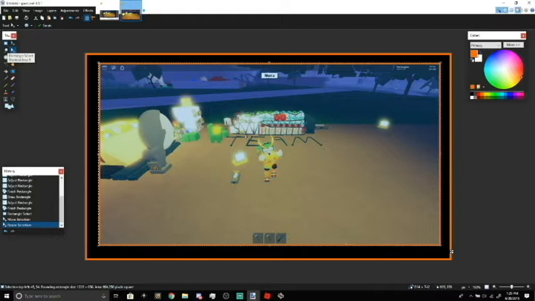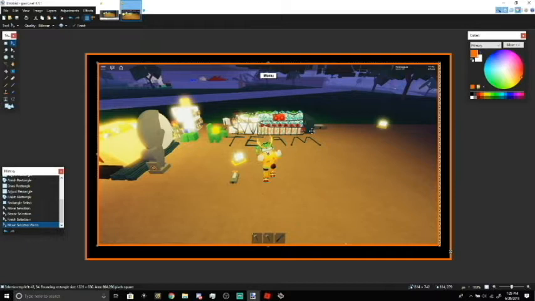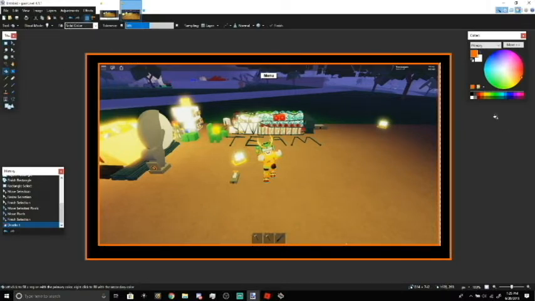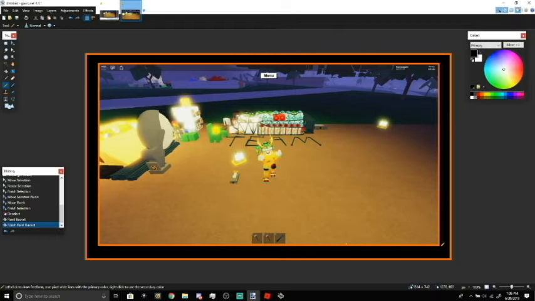Let's see. Move it a little bit to the right. I think that's okay right there. I don't know. We'll see. I'm gonna deselect that. Grab the paint bucket. I'm gonna fill in this little part that I moved. Whatever. I kind of messed up right there, but it's okay. Just fix that. Alright. I don't know. Anyways,